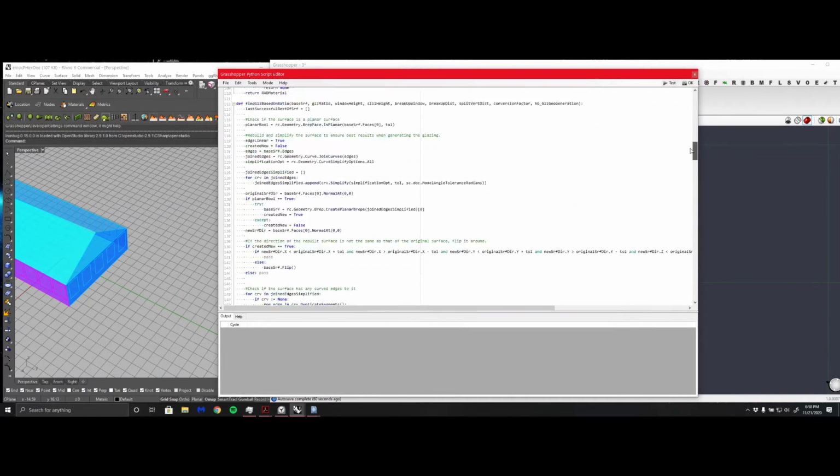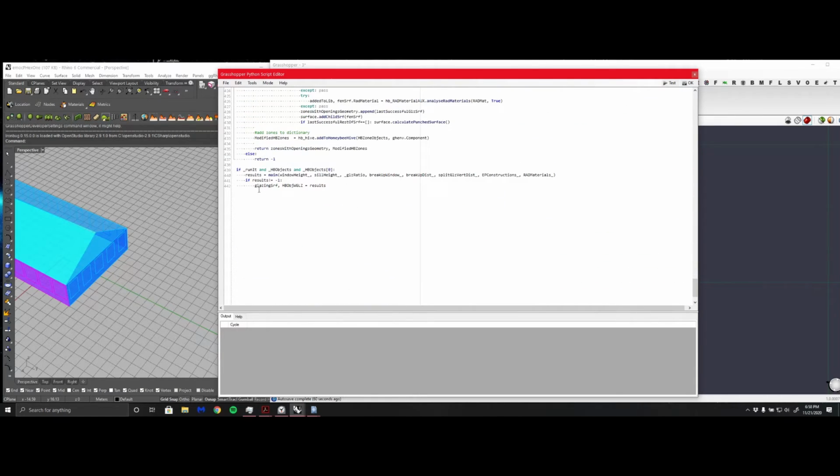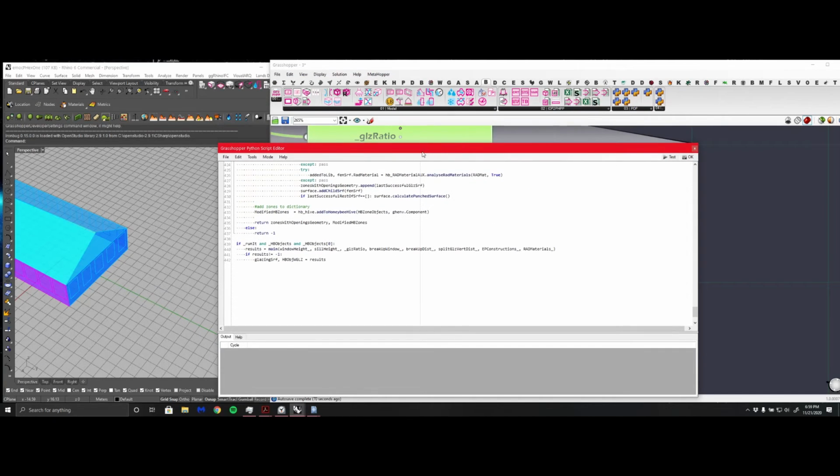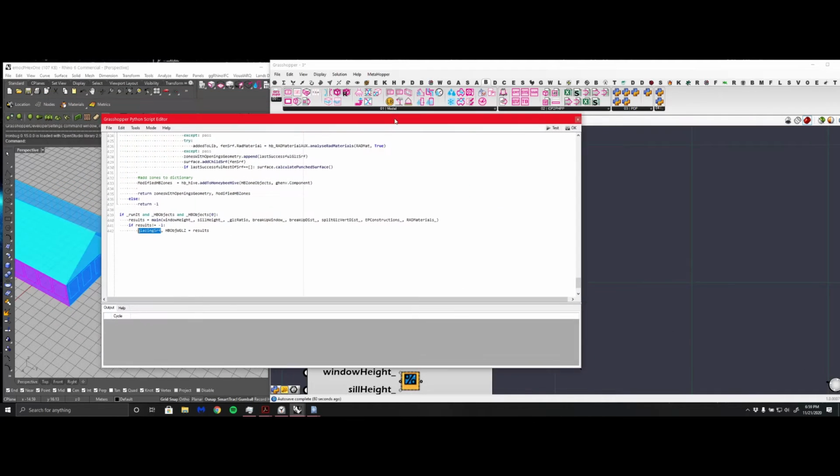Now if you scroll all the way down, and surprise, I'm making you do Python, so we have these two outputs as the results. This is what's being returned. Now we only have Honeybee object with glazing, so what we're going to do is copy this, Control C,